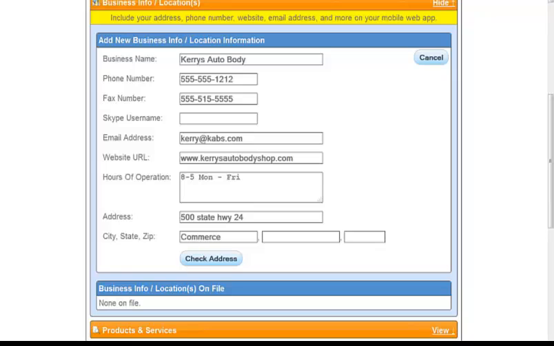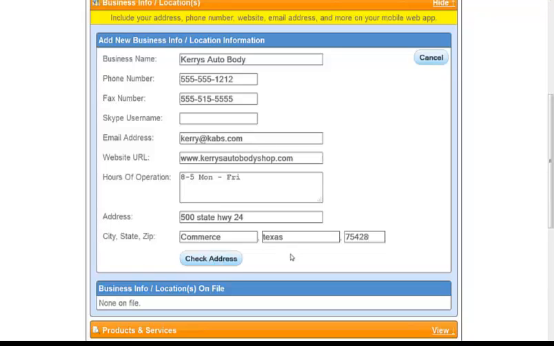This is very important. Why is this important? Can anybody tell me why this address is important right here? Anybody on the call? I haven't asked questions since I've been going along here. Anybody on the call tell me why this address is important? Geolocation. Yes, sir, David. Thank you, sir. Okay, this is your mapping information. Extremely important. Commerce, Texas, 75428.